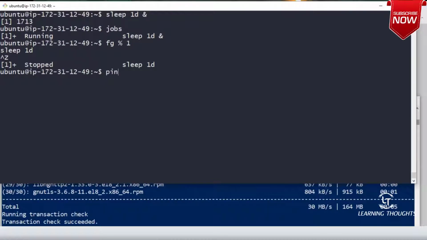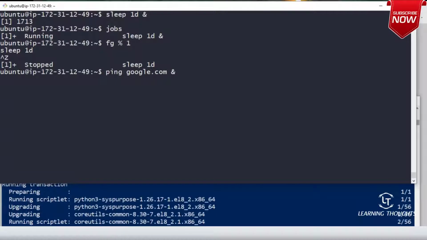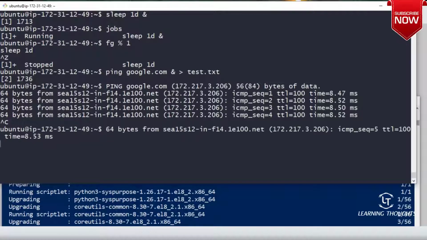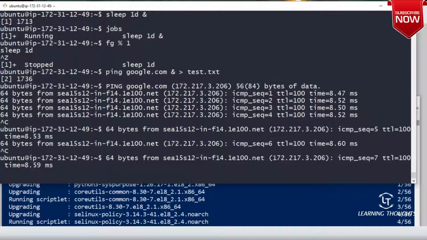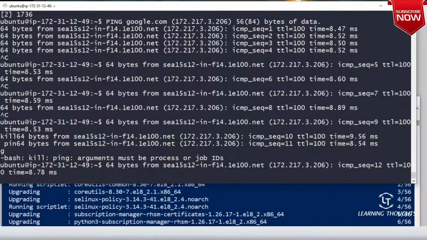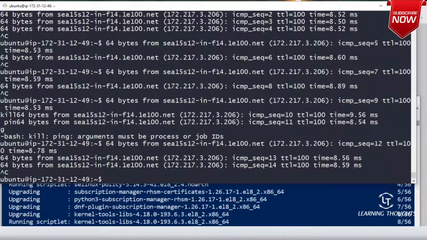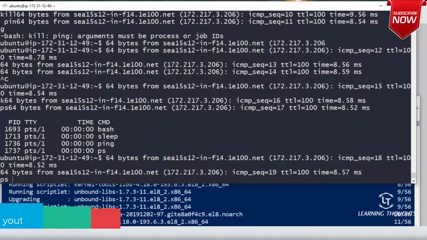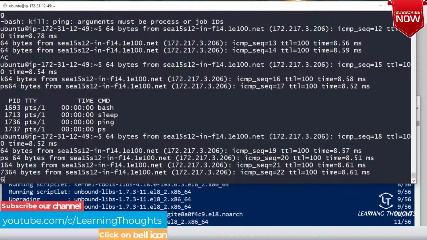So ping google.com ampersand, test.txt. Still it is writing. PS. Okay. PS 1736.